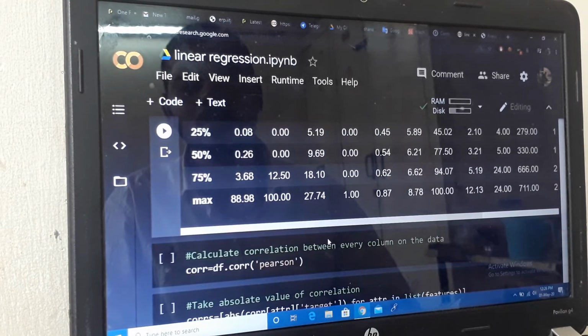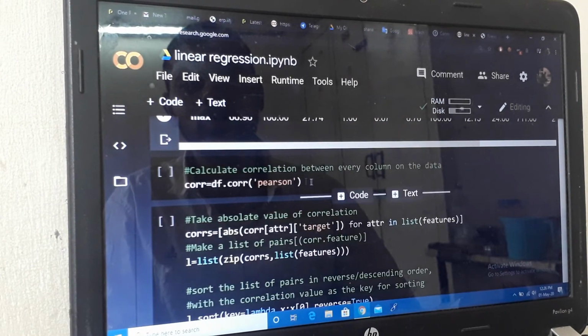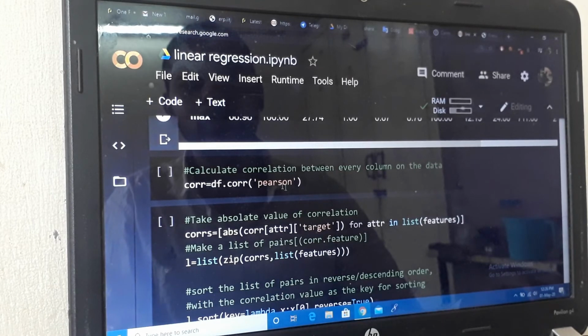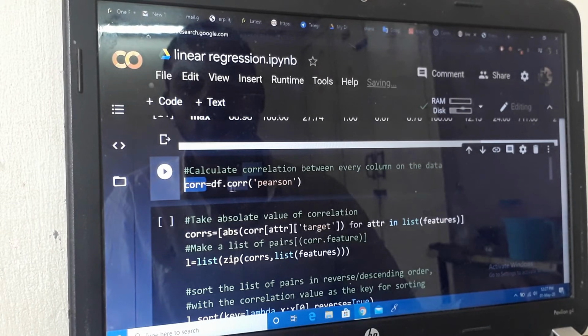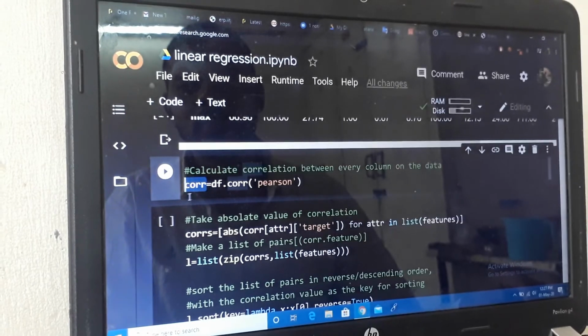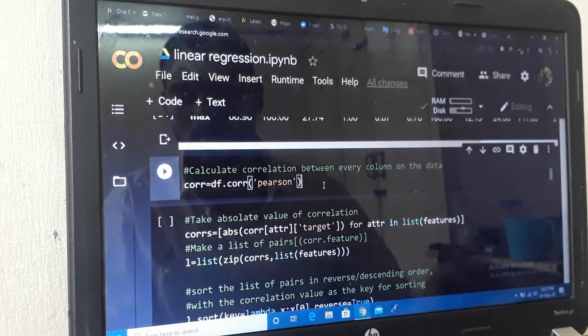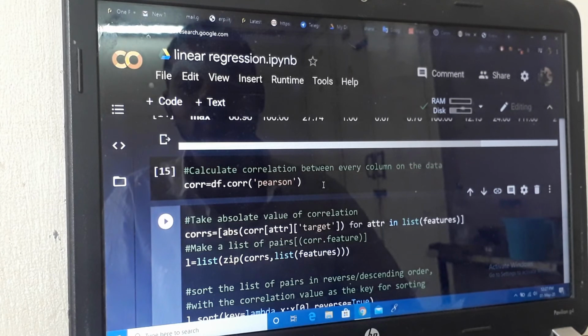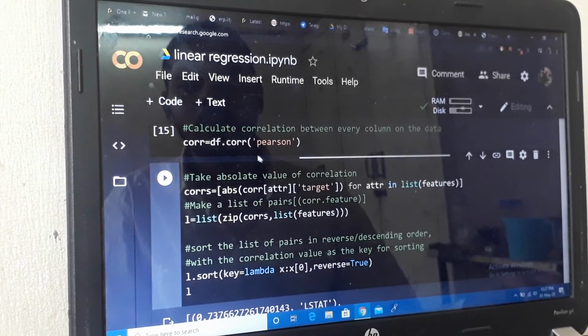Okay. So next we will move to calculating the correlation between every column of the data. First we define the variable correlation. DF data frame is assigned to correlation, and the function corr is used to calculate the correlation between every column of the data.